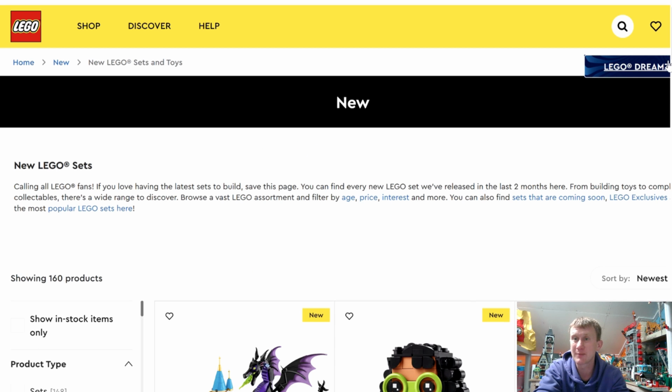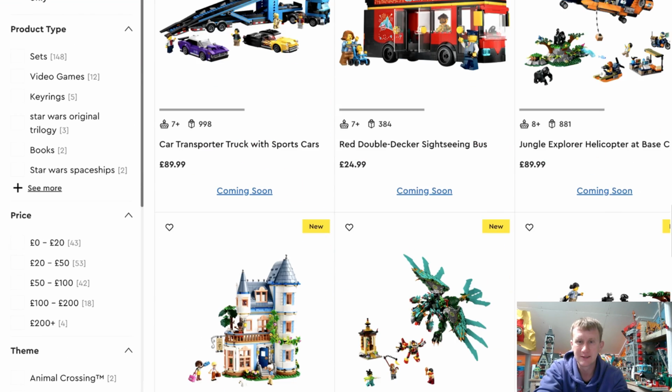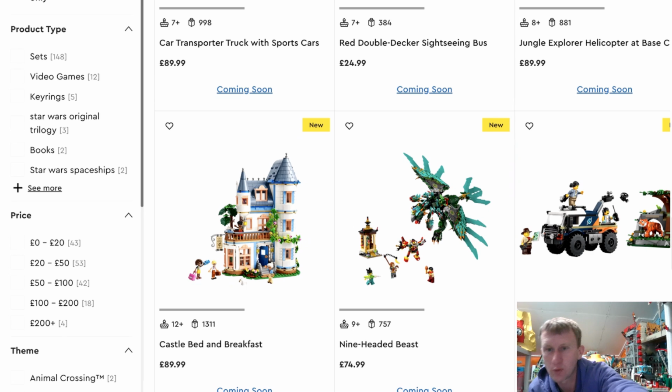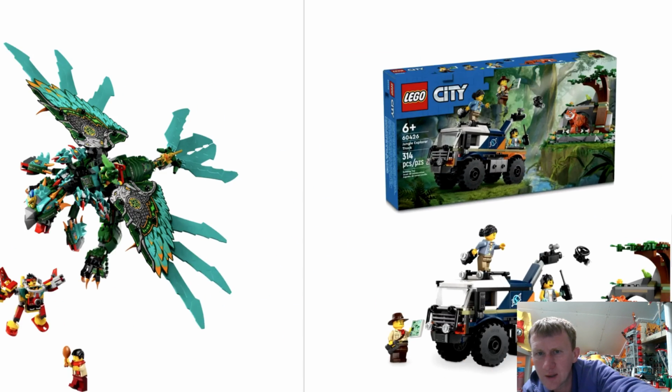Right. So again, everything I'm clicking on, June. We're in May at the moment. So near enough everything is coming out on the 1st of next month. So there is going to be something for everyone. Now, this is the off-road truck. And you can see on this one,